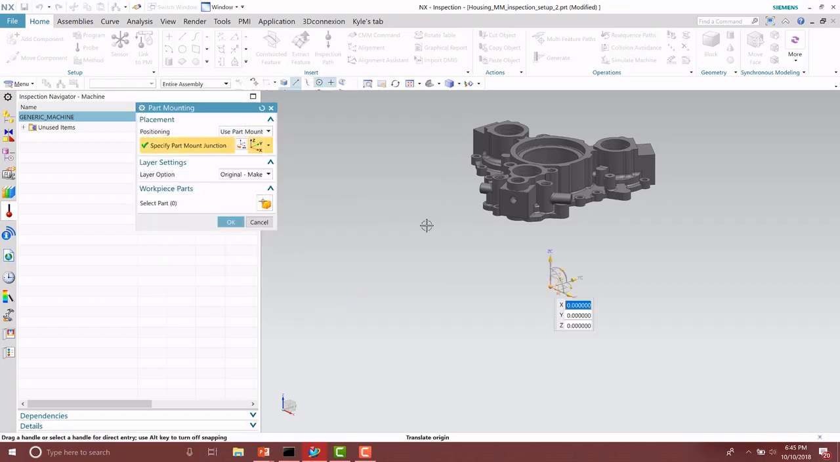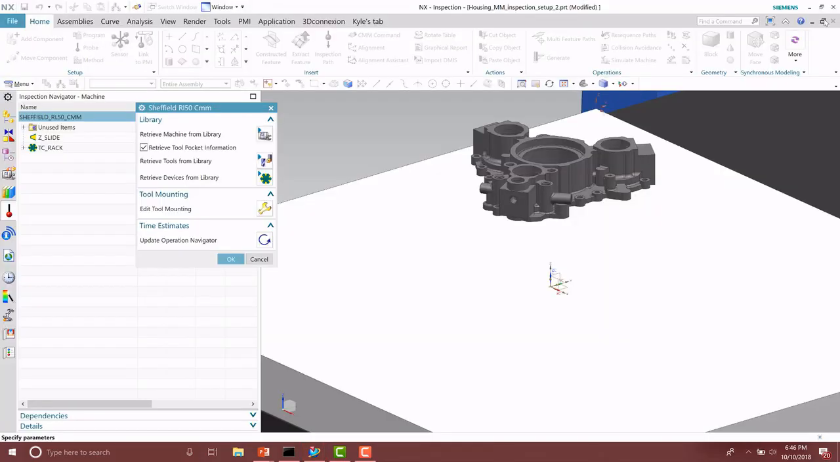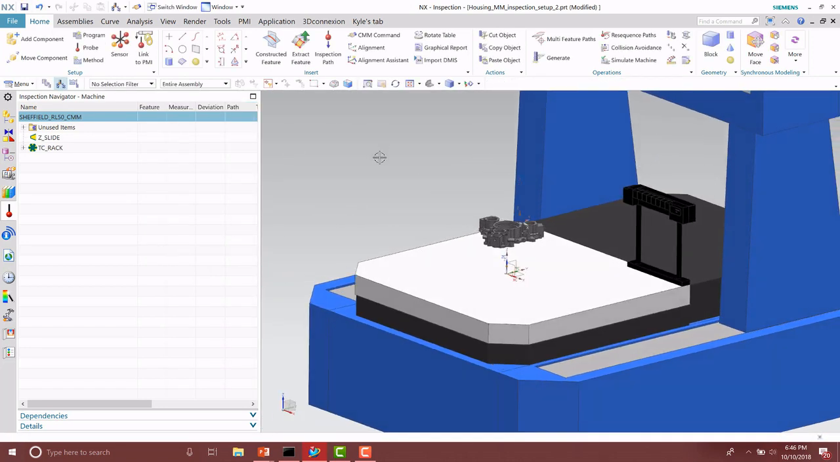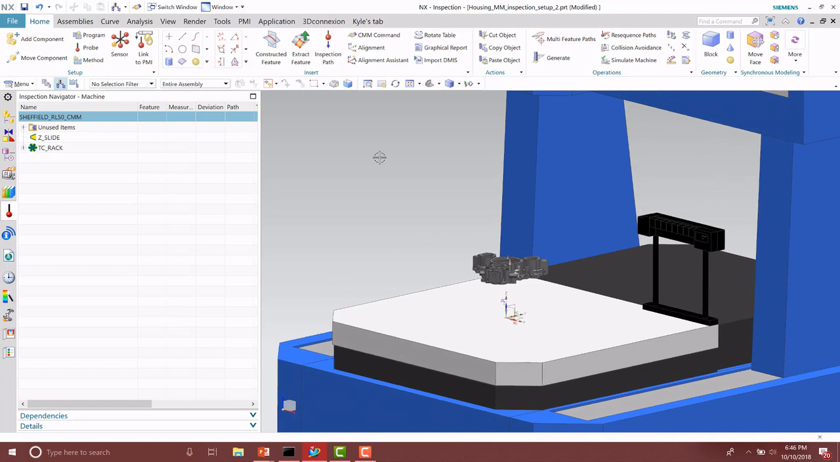After I've selected which CMM I want, I'm going to go ahead and place it. And then after that machine has been placed, I need to go ahead and insert the probes that I'm going to use for my inspection program. Or if I already know the different probes and the machine that I'm going to be using,